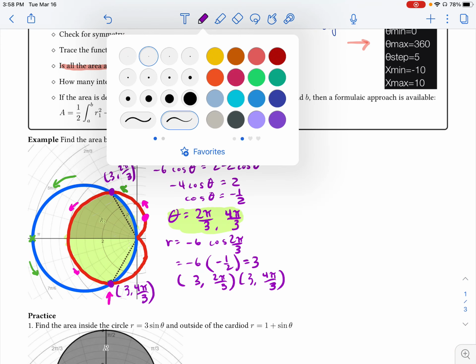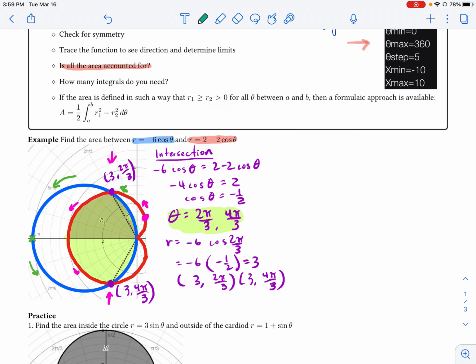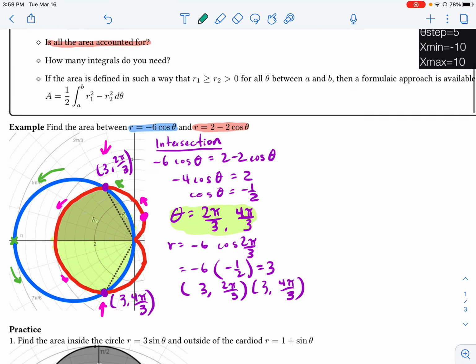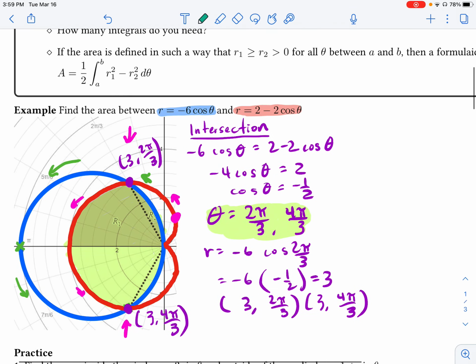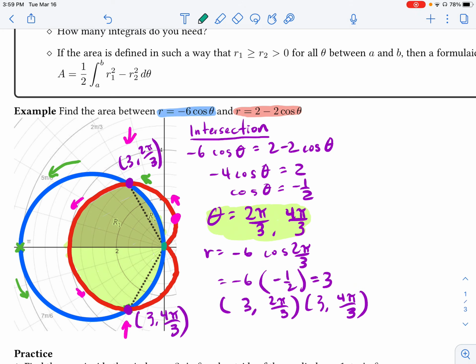So I'm going to switch to a different color here. I'm going to use maybe this color here because quite honestly, it just looks nice. The way I'm going to set up my integral is to say, all right, if I start at the pole and I start drawing sectors for my circle,